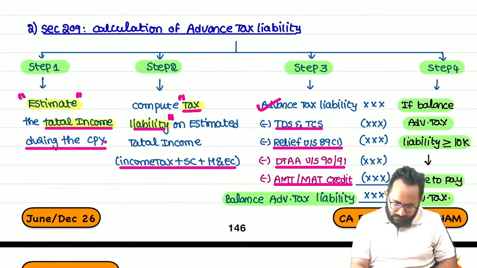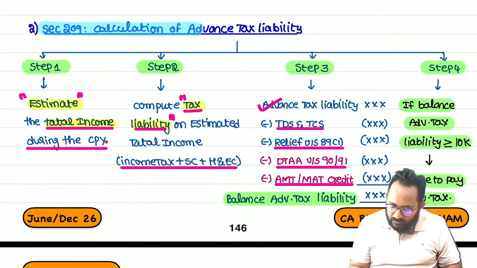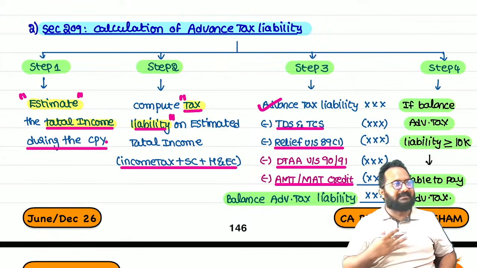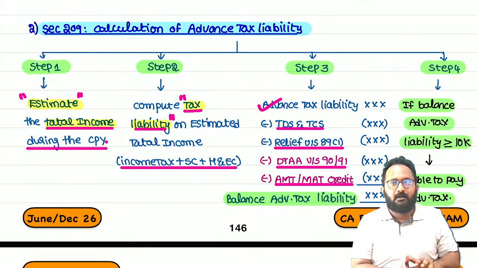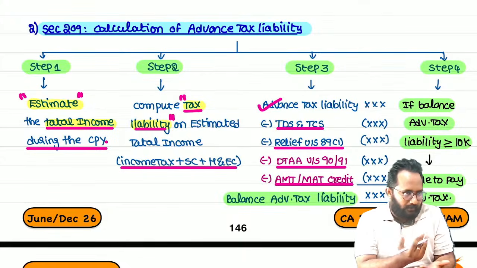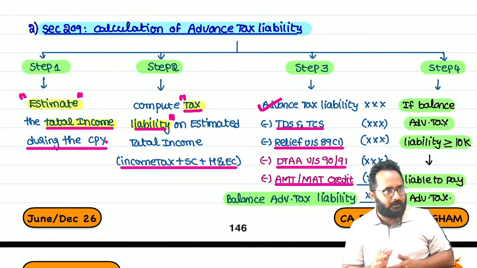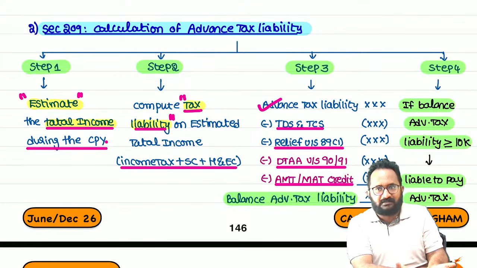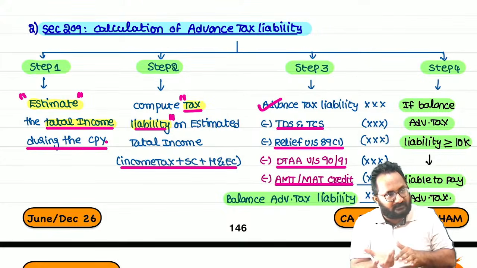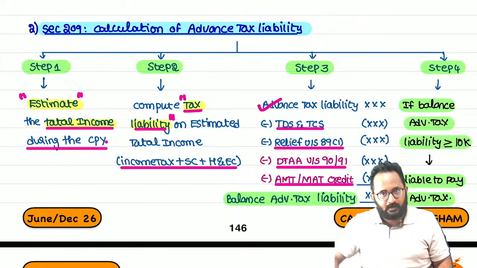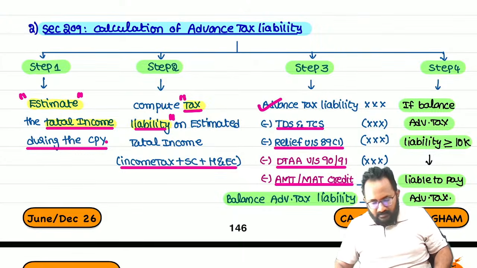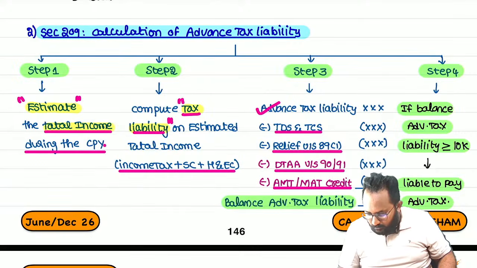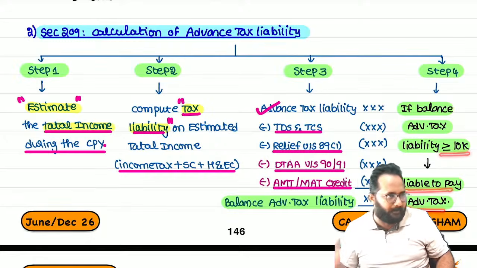Generally, in practical ways, we are going to estimate more and more amount here. If my estimated income is 11 lakh, I will calculate with 12 lakh to be on the safe side. I will pay some amount more only. Anyhow, I will get it as a refund if I pay more advance tax in the previous year; in the assessment year, I will get it as a refund. So that's why estimate properly. Then in the last step, if you got more than or equal to 10,000 as balance advance tax liability, you have to pay.